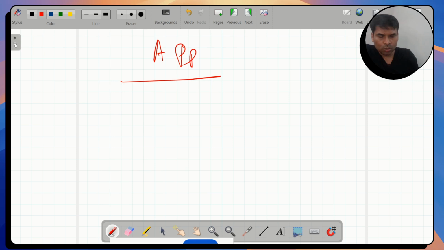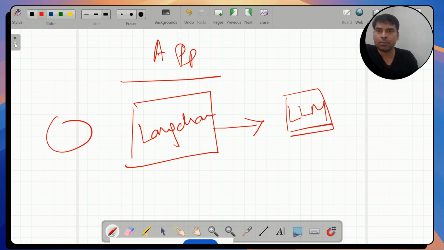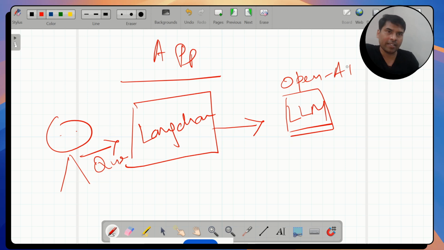So what I'm doing here, I have built one component in LangChain. It's very simple. I'm using a LangChain application, and this LangChain application is talking to an LLM. This is my application I have built, right? Here it can be a user which is sending a query or input. And this LangChain is calling, in my case, OpenAI. It can be anything, it can be Google AI. Maybe I'm calling OpenAI. So this is a very simple application I have used here: LangChain, LLM, user, and